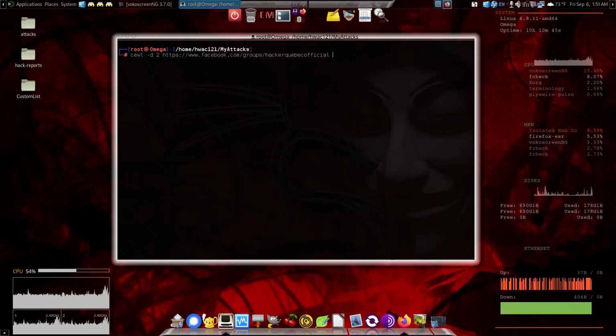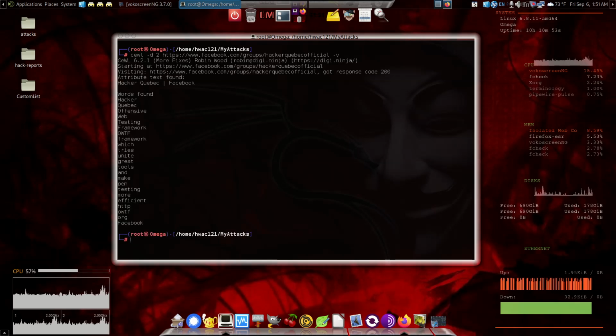And then we're going to tell it to be verbose so we can see what it's doing. And we're going to hit enter. And there's our word list. Now if we wanted, we could do an output to this also. And how we would do that,